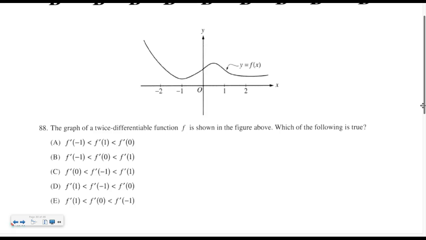Let's take a look. This graph is a twice differentiable function. Which of the following is true? All I'm doing is comparing f primes. I'm just comparing slopes of tangent lines. And I'm doing it at 1, 0, and -1. So let's